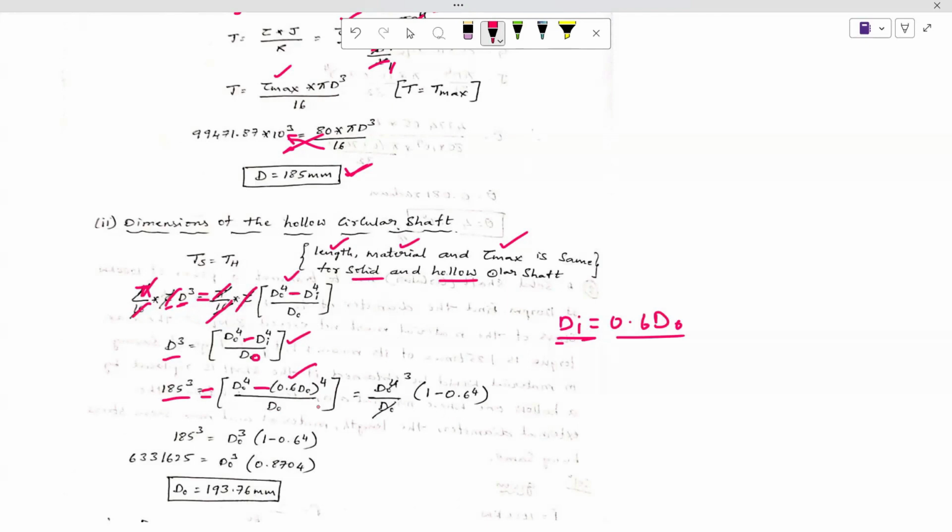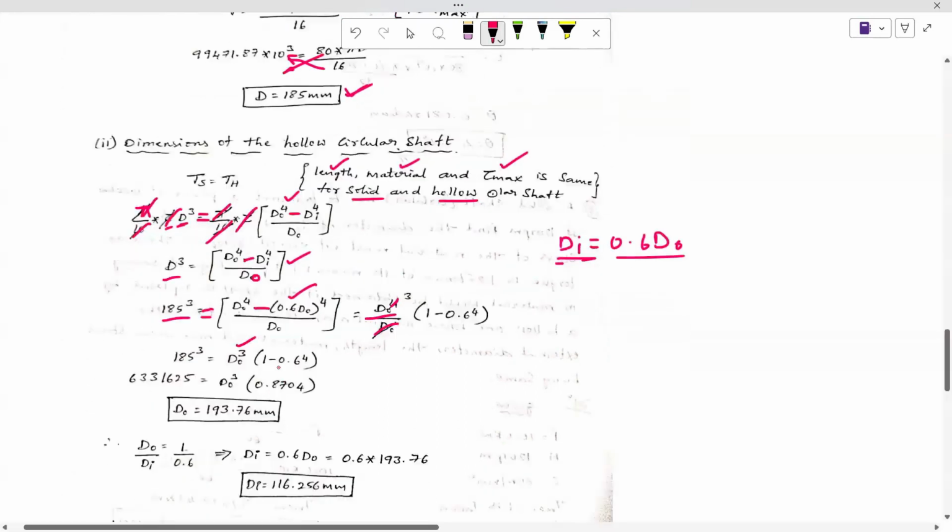From this equation, I'm going to take d naught to the power of 4 as common. In the denominator, we have one more d naught, so this and one d naught will get cancelled. So it becomes d naught to the power of 3 into (1 minus 0.6 to the power of 4). On the left hand side, 185 cube, so that will be 633,1625 equals d naught cube into